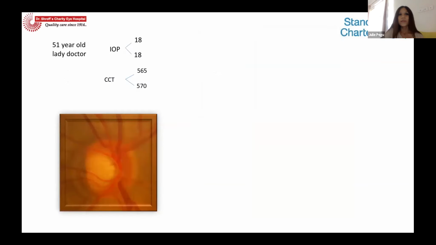So this is one of my favorite patients. She's a 51-year-old lady gynecologist, and she always had pressures checked multiple times in the high teens. She never went beyond 20. She had open angles, and if you look at her disc, the disc looked pretty healthy. There's some tilt of the optic disc, but if you look at the neuroretinal rim, it looks pretty healthy, and it's a large